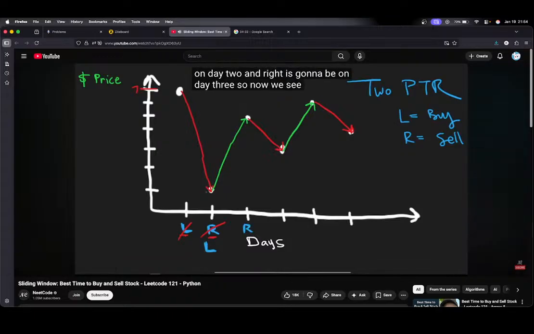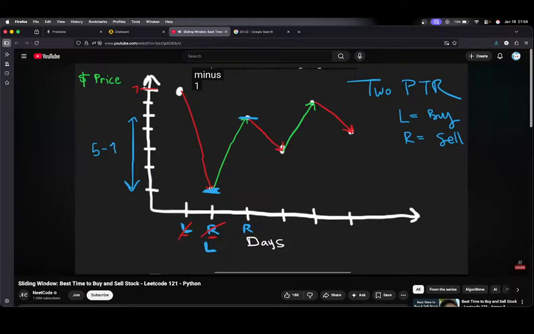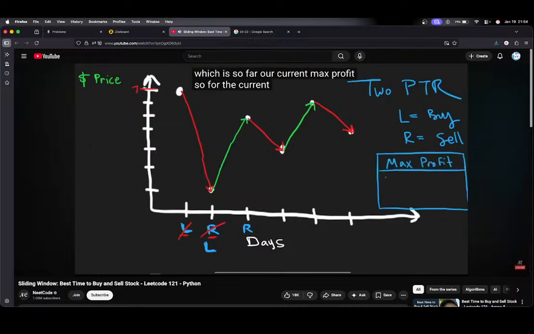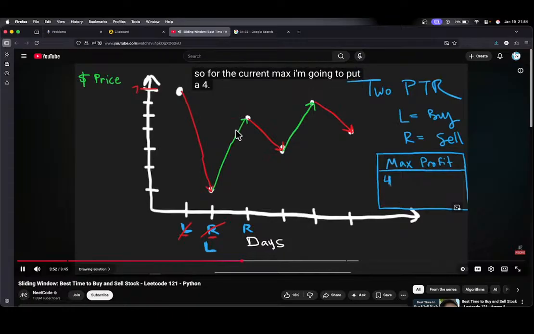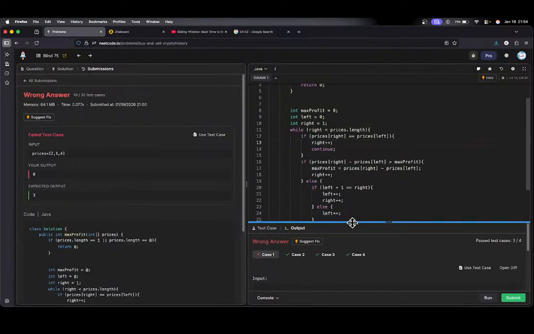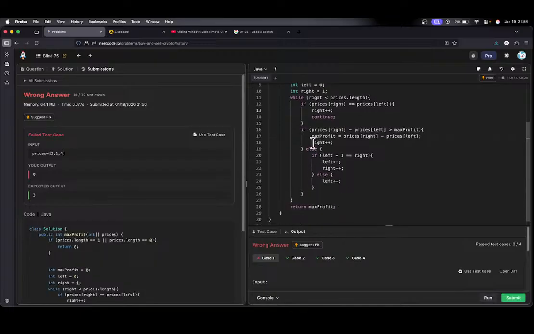So now we see that the right value is actually greater than the left value. But what's the profit? The profit in this case is going to be 5 minus 1, which we know equals 4, which is so far our current max profit. So for the current max, I'm going to put a 4. Whenever we don't hit the condition, we are going to